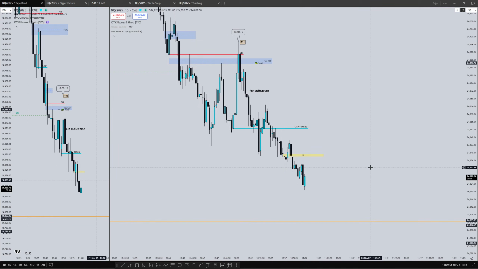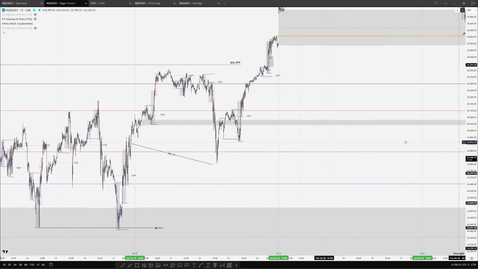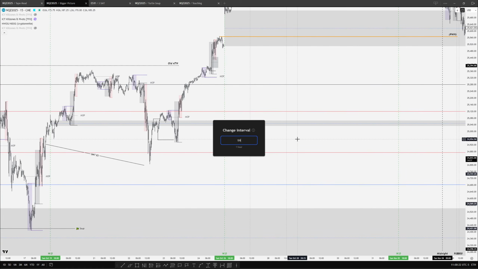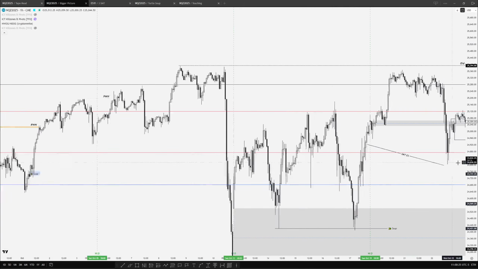London close, etc. It's below the opening range low. It's a new time of day. The next 1 hour PD array is in fact that 24,805 level on the 1 hour chart. So let's go back to over here, 15-minute chart. Let's go to the 1 minute chart. So on the 1 minute chart,